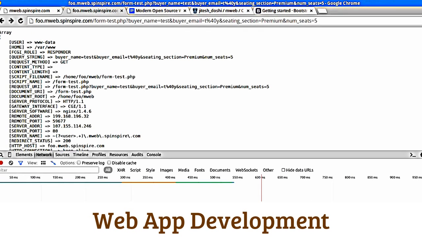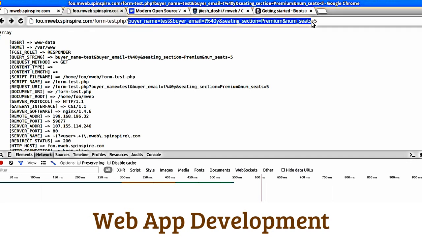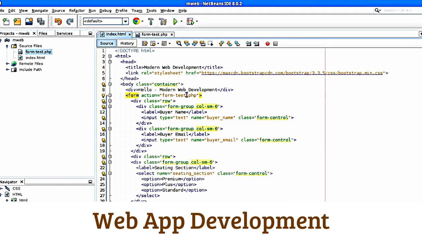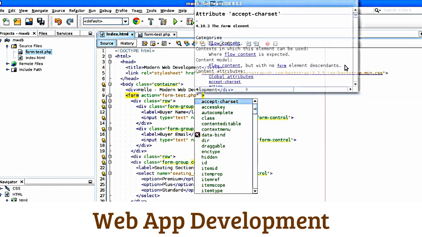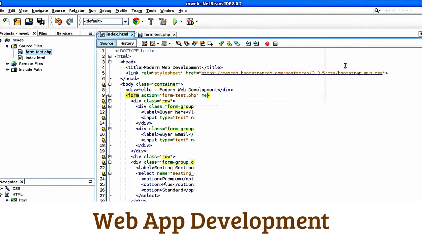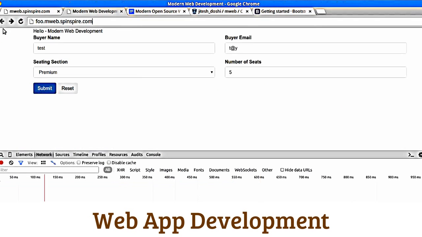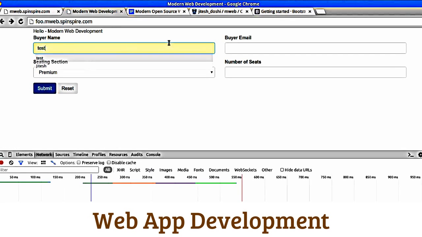You see, the other thing that happens is all the parameters of the form, all the input parameters, end up on the query string. That is the nature of get requests. The post requests, which is exactly what we are going to try now: go to form and add a method attribute and give it a value of post. So if I save, now when I hit reverse, and then of course I have to refresh in order to make it a post,